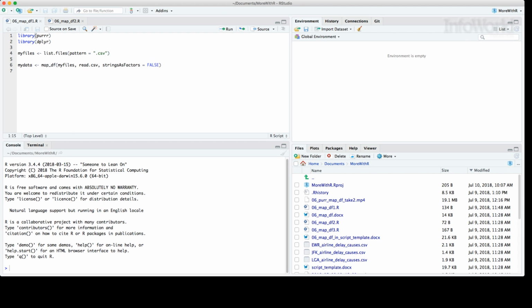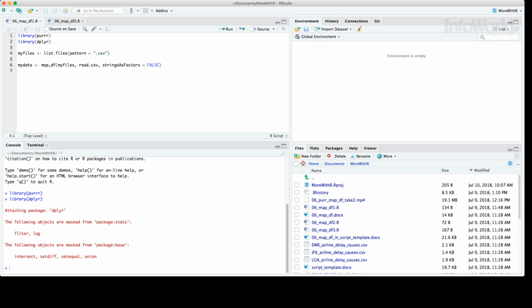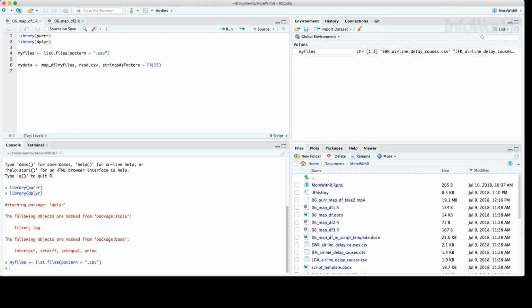Here I'll load the purrr package, and I'll also load dplyr because, well, I always load dplyr. Then I'll read all the CSV file names with list.files. All the file names are now in the myfiles variable. See map_df here? Myfiles is the data, read.csv is the function, and stringsAsFactors equals FALSE is the additional argument I'd like to pass.